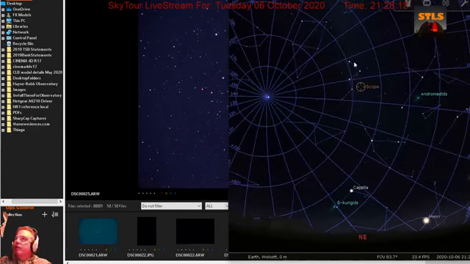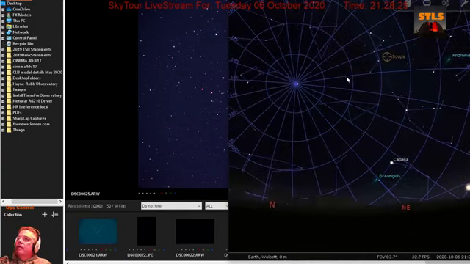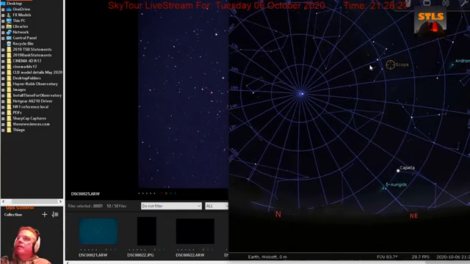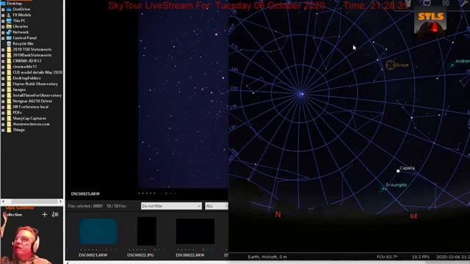So look for that W, okay. Right now, if you were to go outside, you would notice that Cassiopeia is very high in the northeastern sky, and the W is open toward the North Pole. You follow that W, 1, 2, 3, 4, 5, go to that last N star, and then you'll see this bright star down in Perseus.